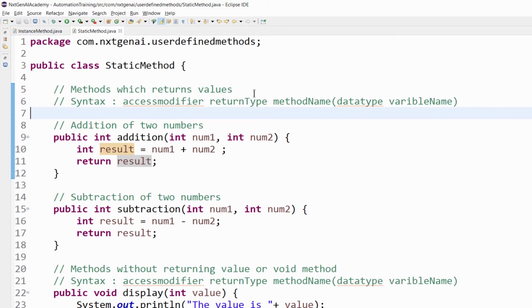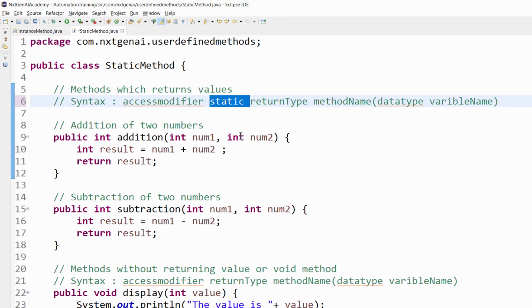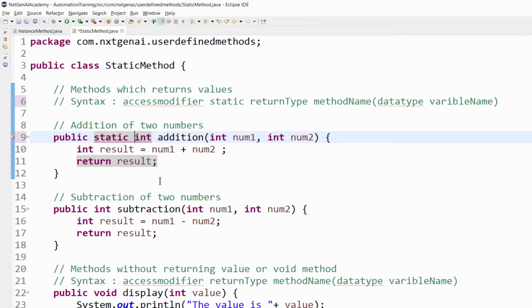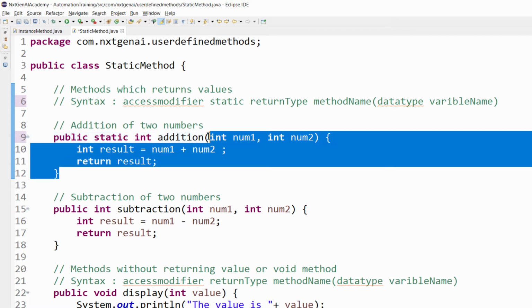For a static method, the syntax is just that we have to add one more keyword. After the access modifier, you have to include the static keyword. It means after public static comes the return type, method name, then the arguments.